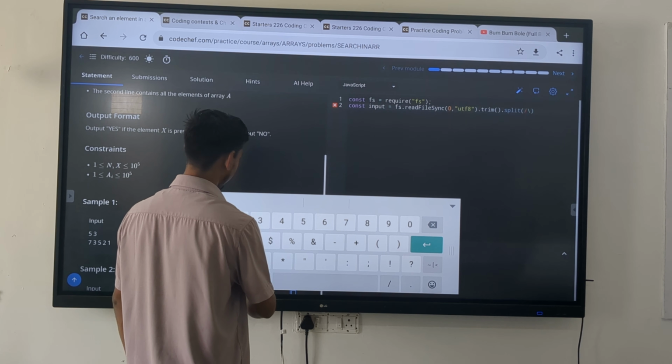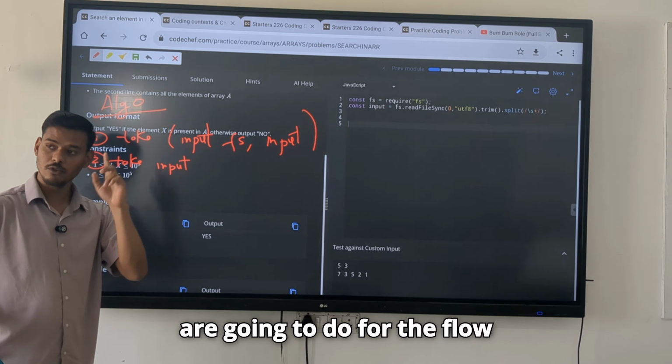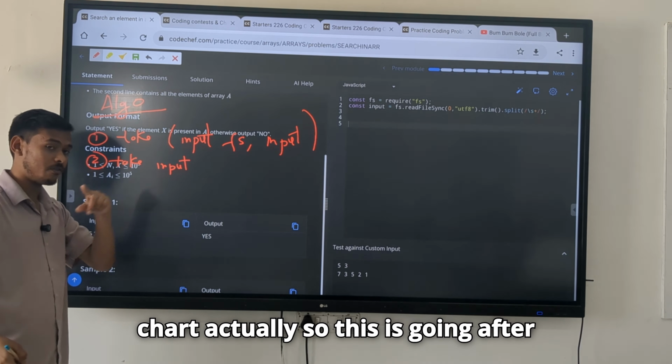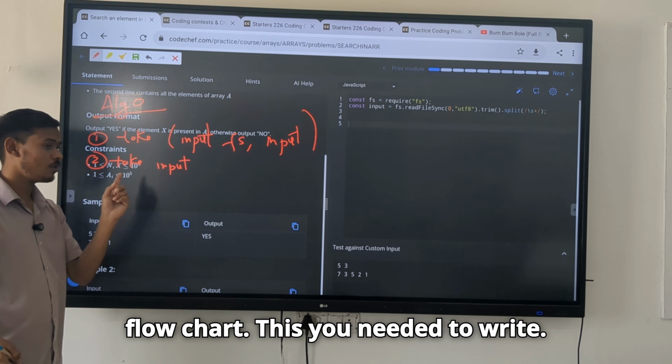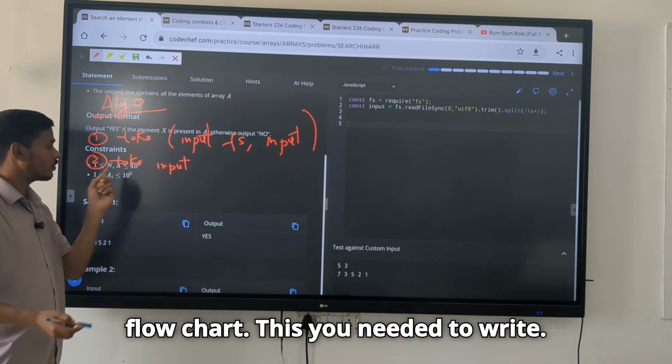Second step of the algo: take an input of n and x. This is exactly what you are going to do for the flowchart actually. So this goes after the flowchart, you need to write this. Whoever is doing the flowchart, take attention here as well. Take an input of n and x. Clear? Third is,